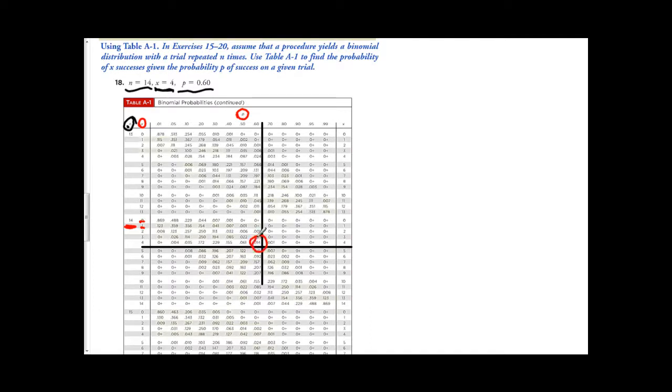This value right here is the probability we're looking for. So the probability of getting 4 successes in this binomial experiment is 0.014. So if there are 14 trials, the probability of getting 4 successes is